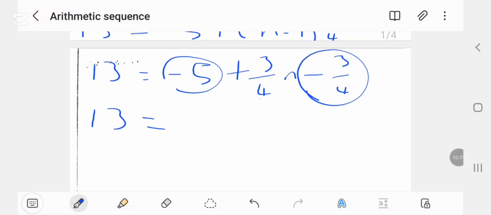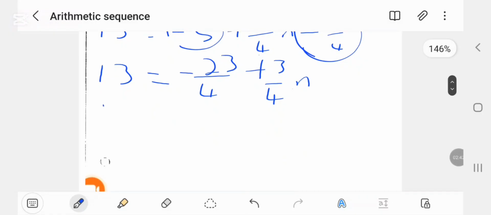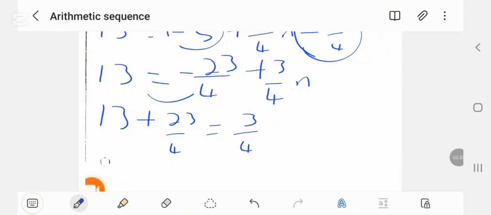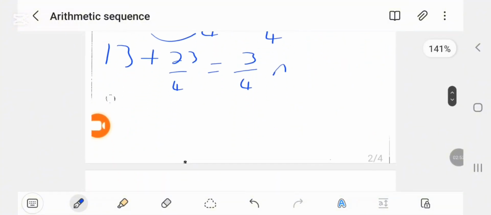Minus 5 minus 3 over 4 is minus 23 over 4. Then we have plus 3 over 4n. Don't forget n. So we have 13 plus, this one jumps, plus 23 over 4 is equal to 3 over 4n. And then the last part, 13 plus 23 over 4 is 75 over 4 is equal